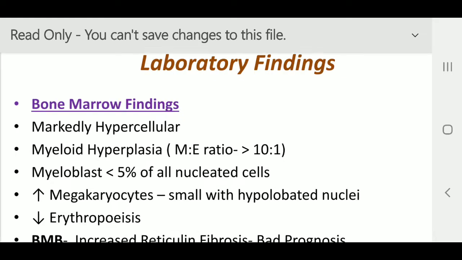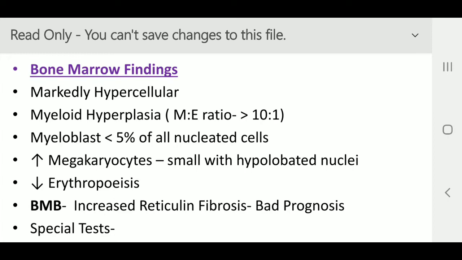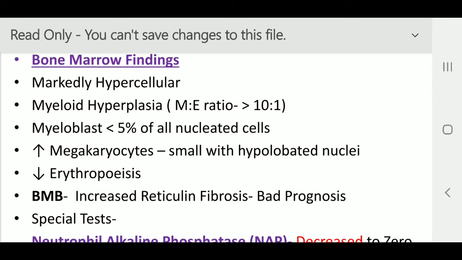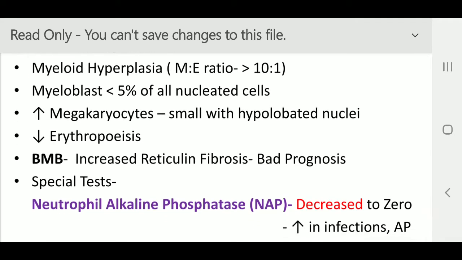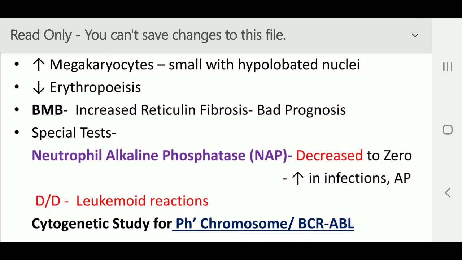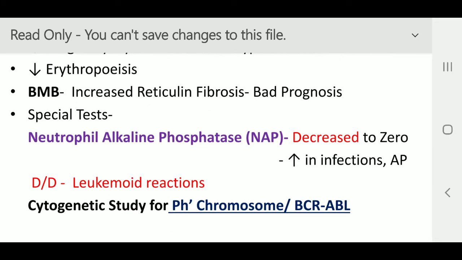Myeloblasts are less than 5% of all the nucleated cells. There is an increase in megakaryocytes. Though it's a malignancy, there is an increase in megakaryocytes, but they are not normal functionally and biochemically. They are small with a hypolobated nucleus. There is decreased erythropoiesis. The most important feature to diagnose CML is that neutrophil alkaline phosphatase, that is a normal